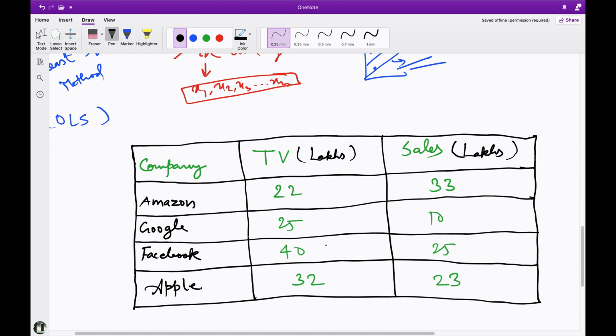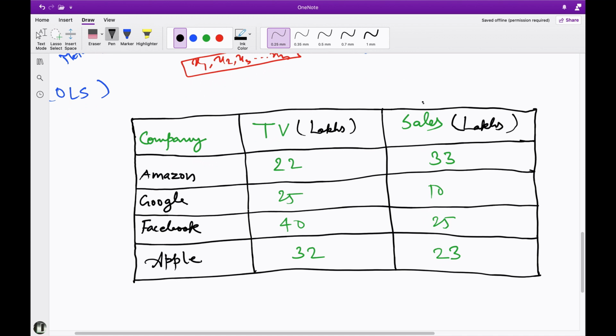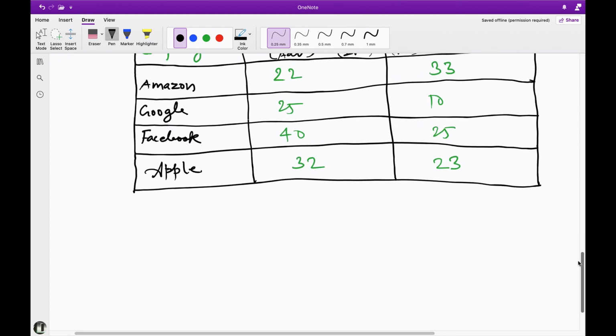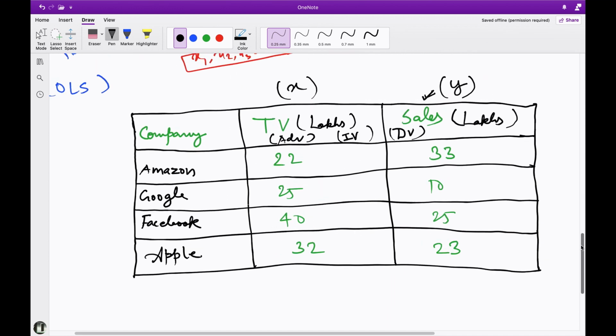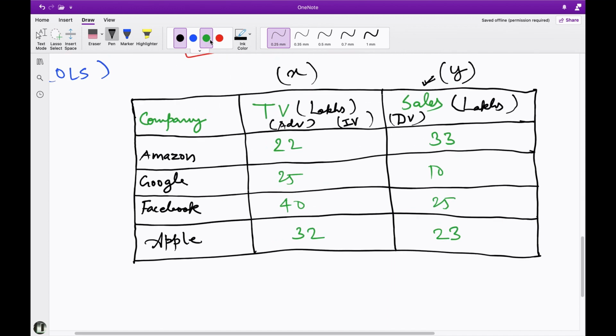Consider this table data. Here you can see sales is the target variable, and TV, that is for advertisement, is our X, that is the independent variable. And here we try to develop an equation that will let us predict the sales revenue based on the money expenditure on the TV advertisement. So if I have to write an equation, that is y = mx + c, the same thing we can substitute over here. So instead of y, it will be sales, and y = mx.